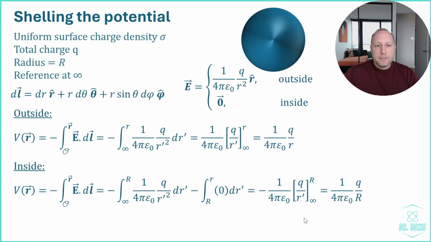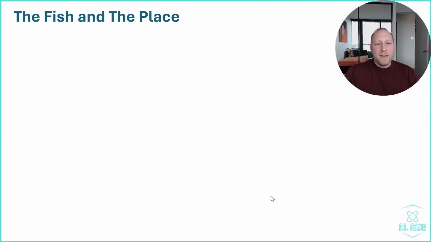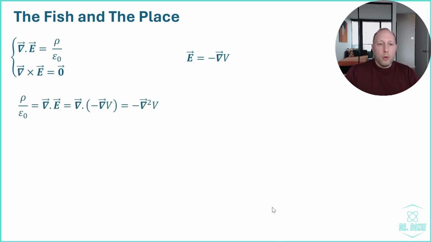Don't make that mistake. We now want to look at what the equations of electrostatics look like in terms of the potential. So we know Gauss's law and the fact that the curl of E is 0, and that the electric field is equal to minus the gradient of V. But what do the divergence and the curl equations look like in terms of the potential V? Well, we know rho over epsilon naught is the divergence of E, and we can now plug in for E negative the gradient of V. And we find that rho over epsilon naught is equal to negative the divergence of the gradient of V,